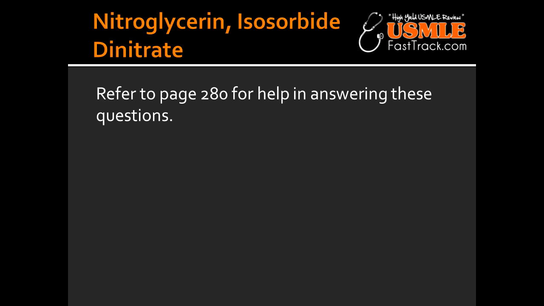What are some of the side effects and toxicities of nitroglycerin and isosorbide dinitrate? Some of the toxicities and side effects include reflex tachycardia, hypotension, flushing, headache, and Monday disease. What is Monday disease? Monday disease is something that happens to people that are exposed to nitroglycerin all the time at work. And because of this reason, they develop a tolerance for vasodilation action during the work week and lose the tolerance over the weekend, resulting in tachycardia, dizziness, and headache upon re-exposure on the Monday when they come back